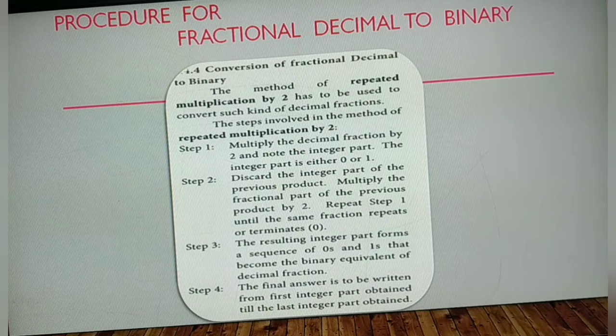There you are having the first question, A part: write the procedure to convert fractional decimal to binary. For this, it is on page number 19 for you. You have to mark this procedure. You are having 4 procedures. Mark the 4 procedures. The remaining B part is a problem.